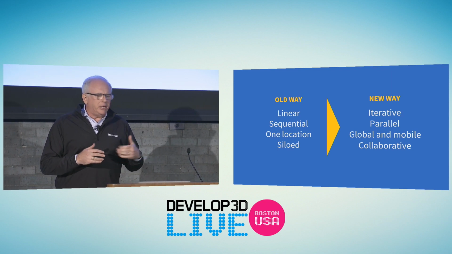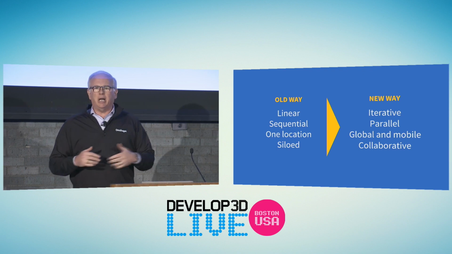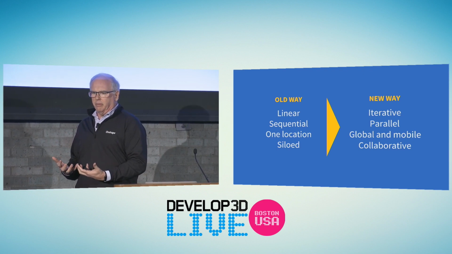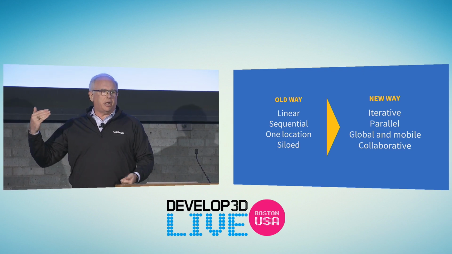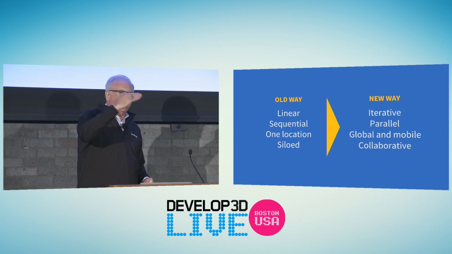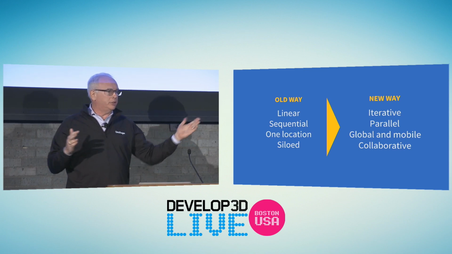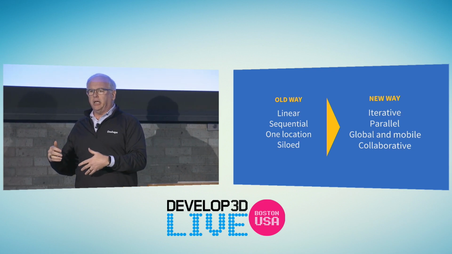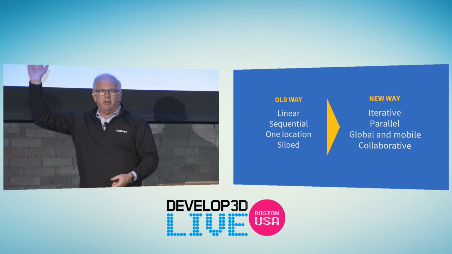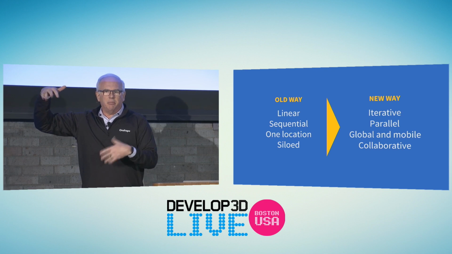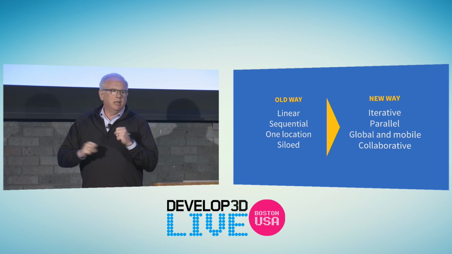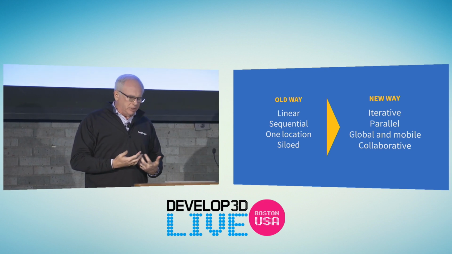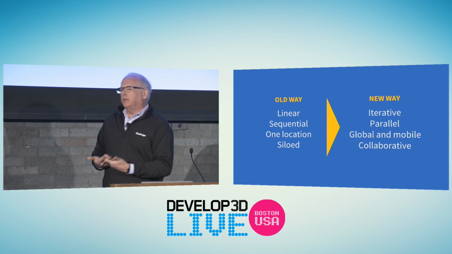If you were in the sessions this morning, you hear these themes. People have moved from a linear, sequential kind of process to a highly iterative and parallel environment, where you used to see Gantt charts with work staged out very carefully, commonly 1 or 2 years or 3 years at a time. Those are gone. In their place, you see agile project boards. How many of you are seeing that? And Kanban. How many of you are seeing this in companies where you see a much more fluid approach to design?